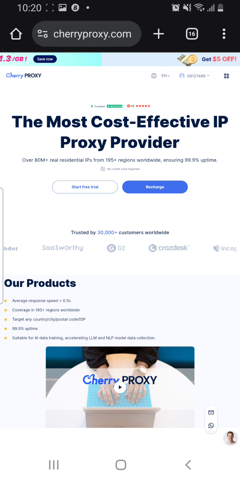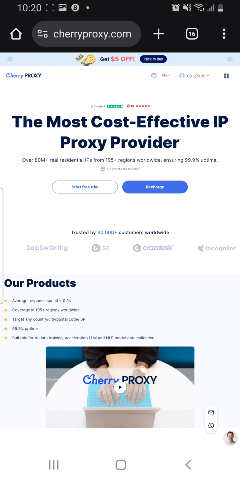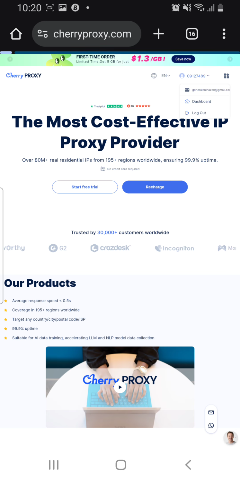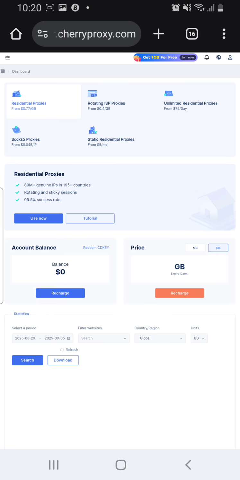So once you have logged into your account, the next thing you are going to do, you see at this top right here, you click on it. Click on it like that. It will take you to your dashboard. Once it brings you to your dashboard, now